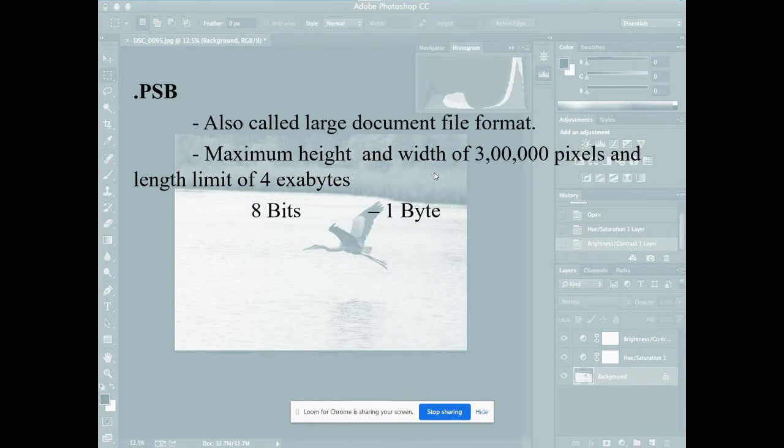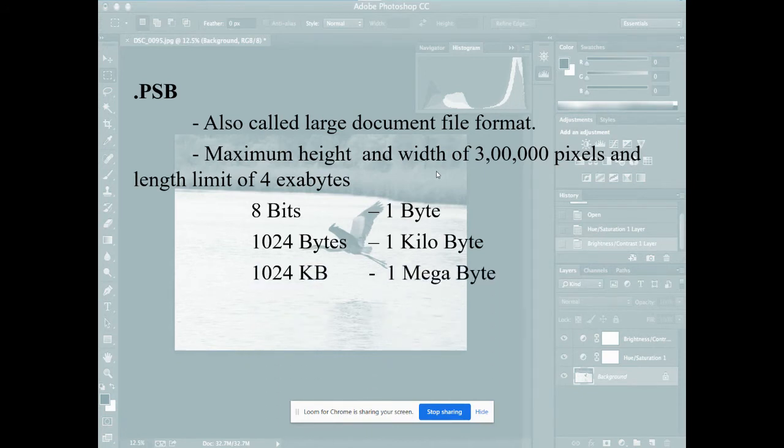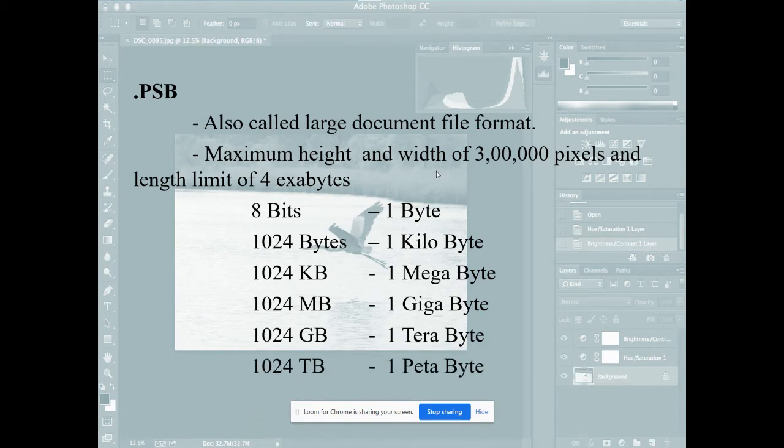You represent storage capacity using bytes. 8 bits combined together make 1 byte. What is 4 bits? Very good, it is a nibble. And 1024 bytes together form 1 kilobyte. 1024 KB forms 1 megabyte, 1024 MB forms 1 gigabyte, 1024 GB forms 1 terabyte, 1024 TB forms 1 petabyte, and 1024 PB forms 1 exabyte.